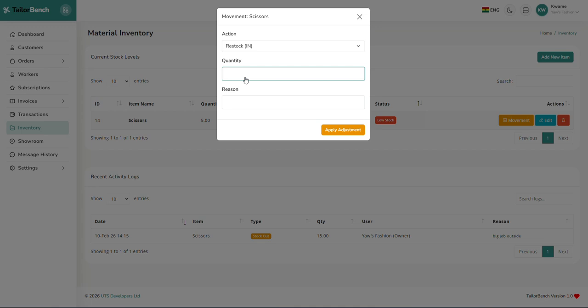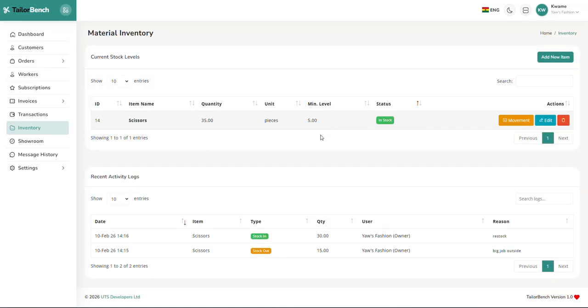So I come back and I want to restock. Let's say we added 15 more. So 30. We added 30. So now the total is 35 because we added 30 more. But then you can see whatever happened, the day, the time that we took out, and then we brought in, the user that took it out. All of it, you could see everything is logged here. So this is how